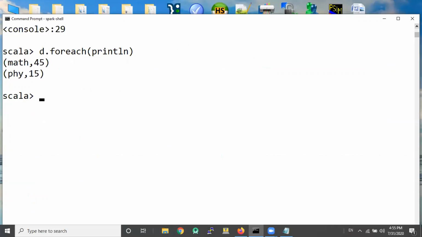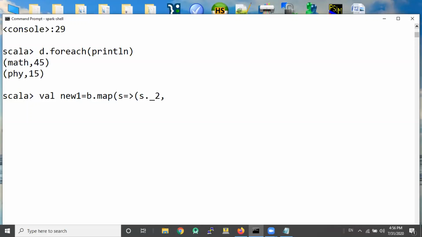So let's make it val new 1 equal to b dot map, and what do we do? Now we do a funny thing. We have got 3 columns in B, if you remember. What we do is we make an inner tuple where, wait, let's first do s dot underscore 2. So the subject becomes the key, is the first column.